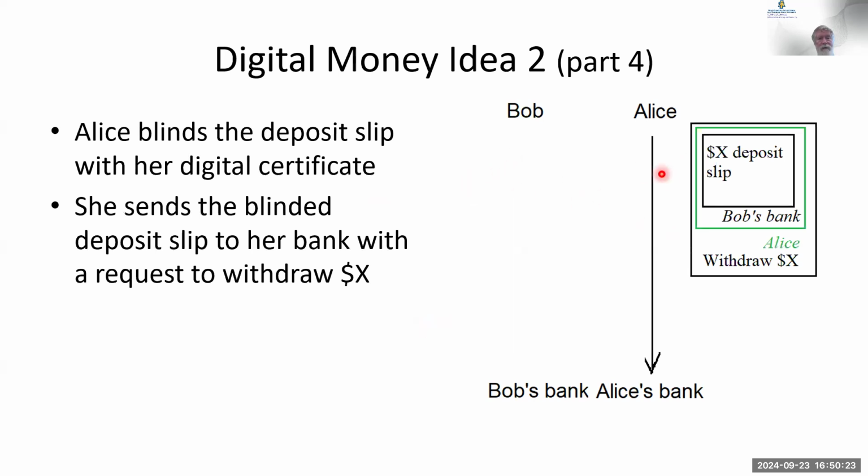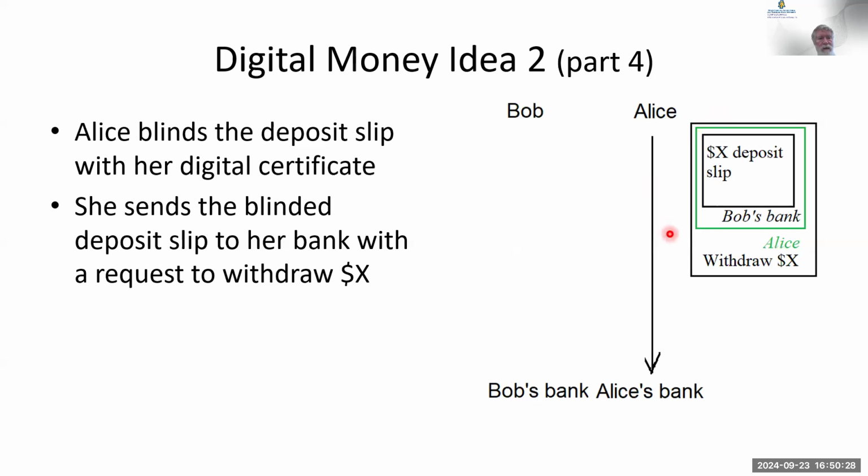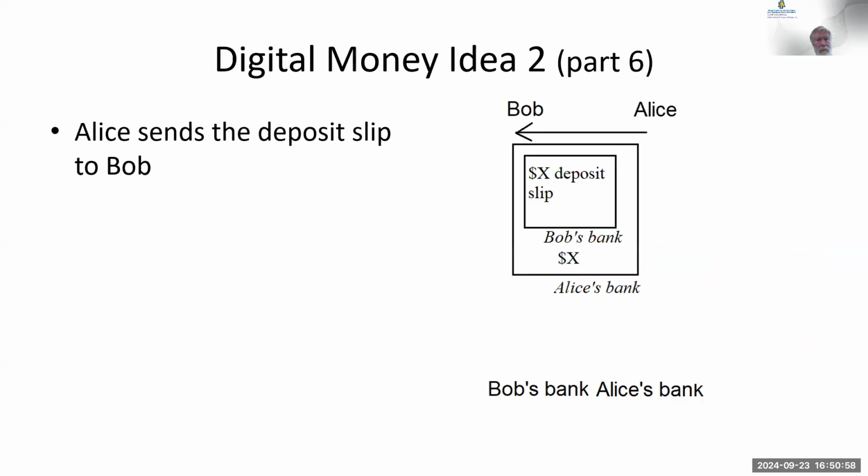Alice can, of course, check the deposit to make sure it's signed properly. Alice can then sign that deposit. She can blind sign that and send it off to Alice's bank. Alice's bank can check that it's signed properly, but doesn't know what. She's telling the bank she's withdrawing X dollars. They don't know for whom because they can't see this. Alice has got that blind signed. So they send back a deposit slip.